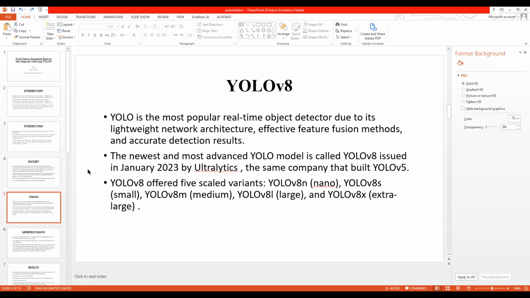Why did we choose YOLO V8? YOLO is the most popular real-time object detector due to its lightweight network architecture, effective feature fusion method, and accurate detection results. The newest and most advanced YOLO model is called YOLO V8, issued in January 2023 by Ultralytics, the same company that built YOLO V5. YOLO V8 offered